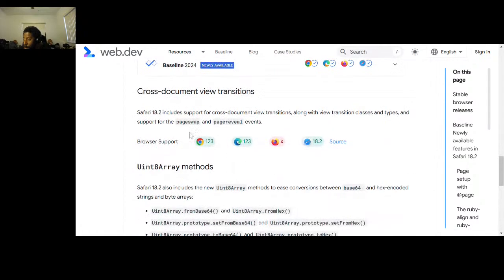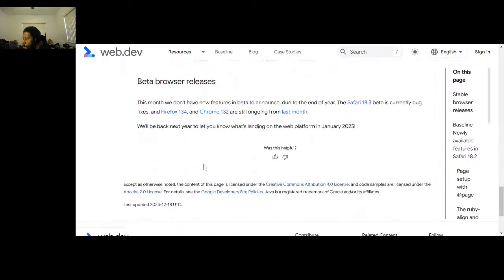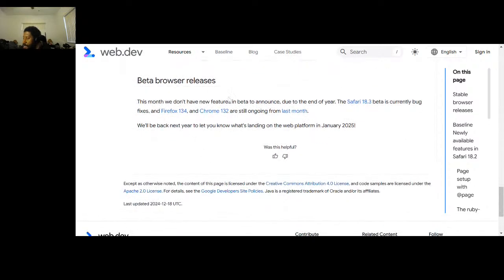It's almost there, so hopefully at some point we'll get to it. Then the Uint8 array methods. Okay. Cool. And then the browser beta versions, and you can check it out. All right, so yeah, I think that's pretty dope. They're getting a lot of stuff done, and I'm looking forward to seeing more of the work they accomplish in the new year. So shouts to them.